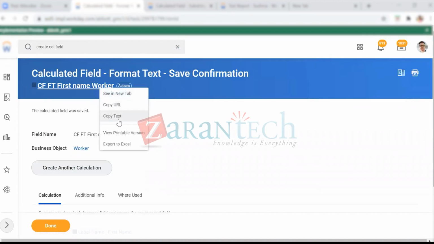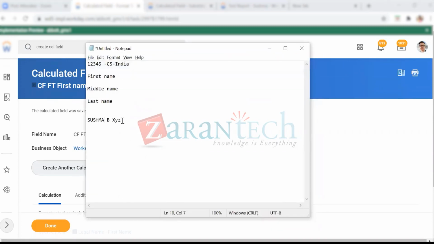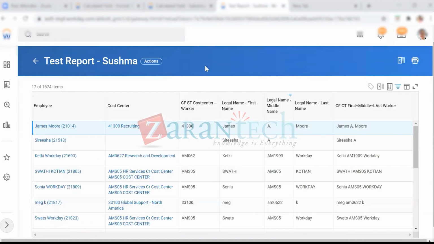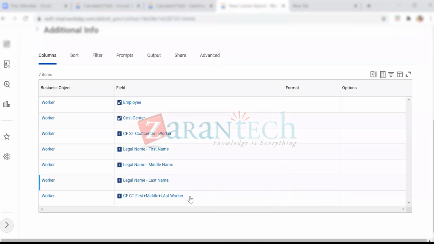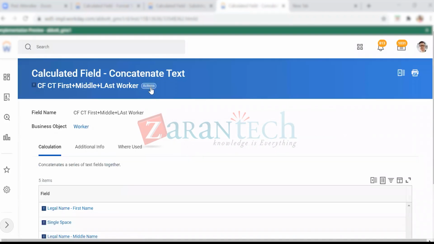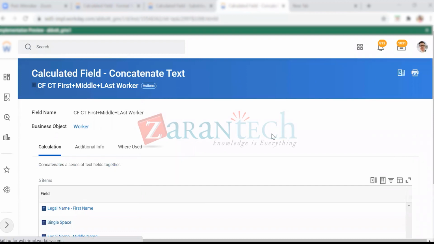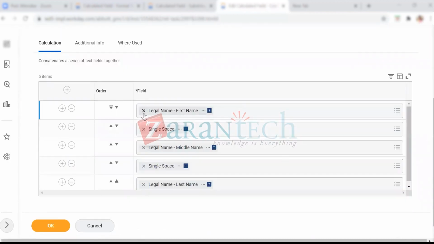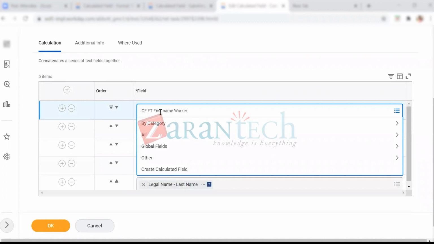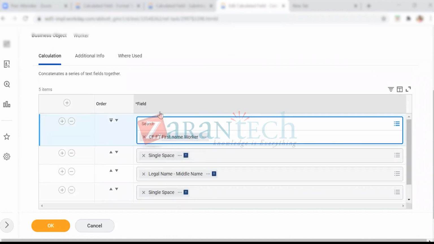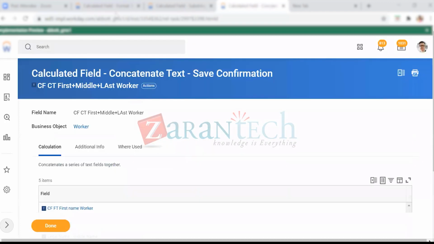But I said in my concatenate text, I wanted it to look like this. So what will I do now? In the concatenate calc field, we have to fetch this calc field, the one with the caps. I'll remove this one and put the calc field which I created now. It's a text field, right? Now if I go and run this report,